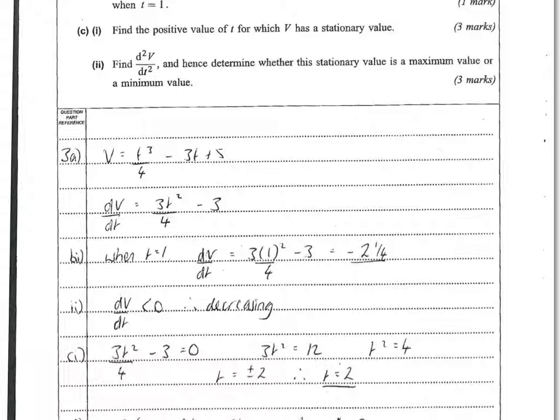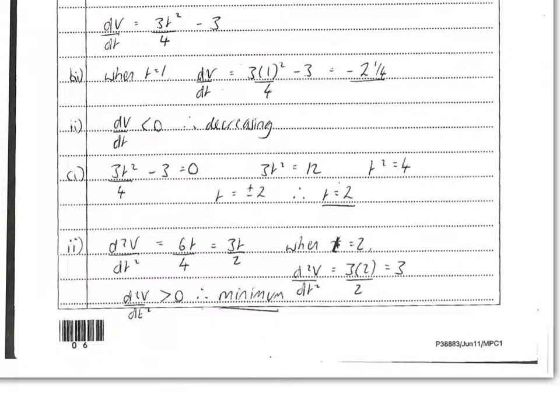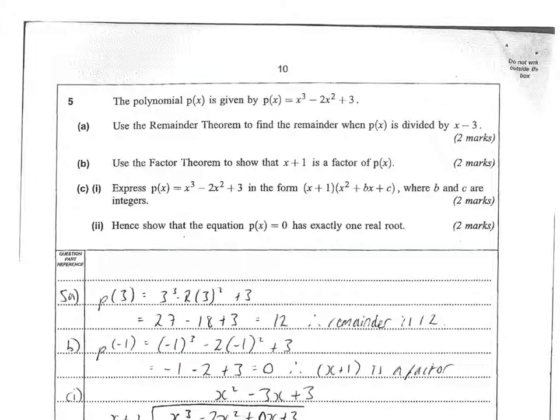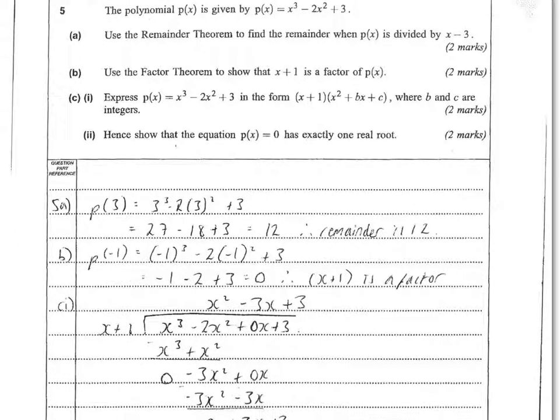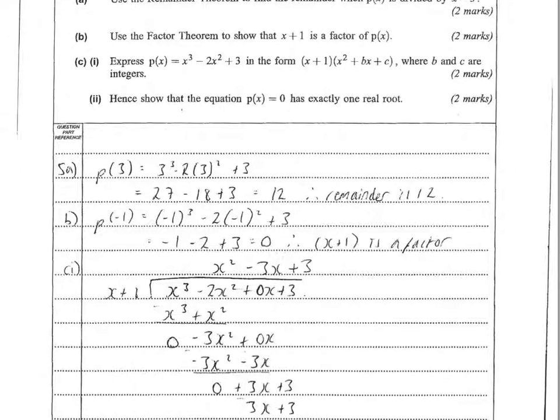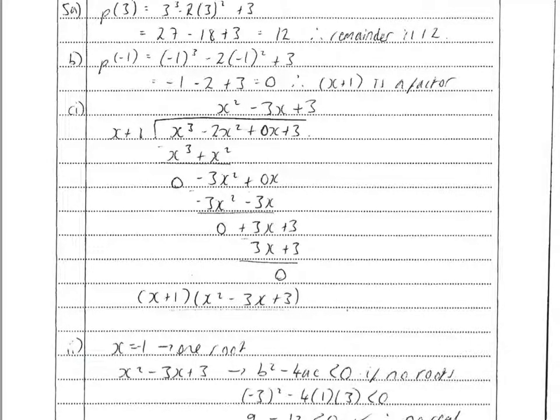And the last part of the question is fairly standard, working out a second derivative and showing whether something is a maximum or minimum point. Fairly straightforward question until the last part. So just have a check of your answers in the first part with the remainder and working out the quadratic and demonstrating that x plus 1 is a factor and working out the quadratic factor